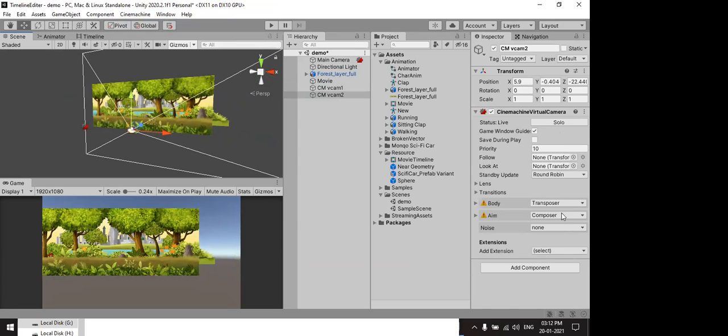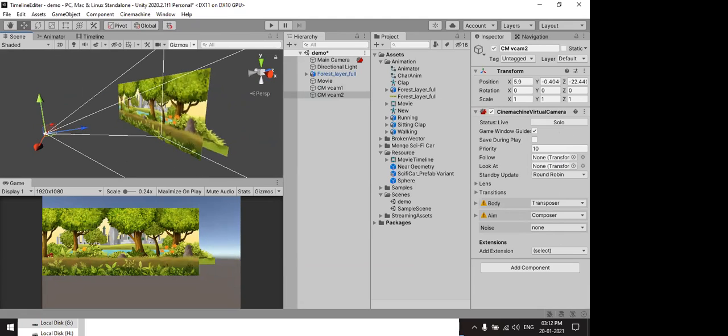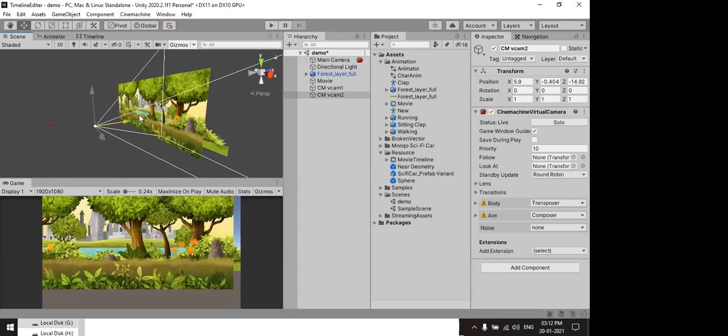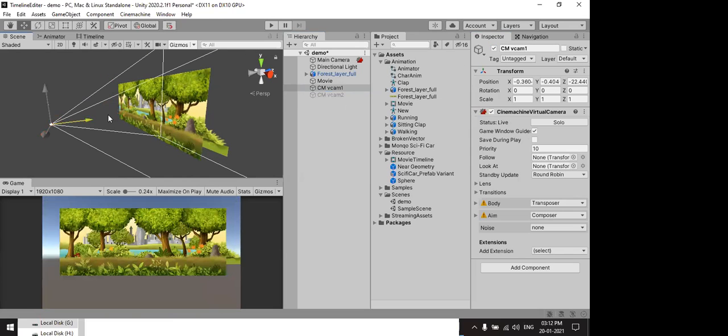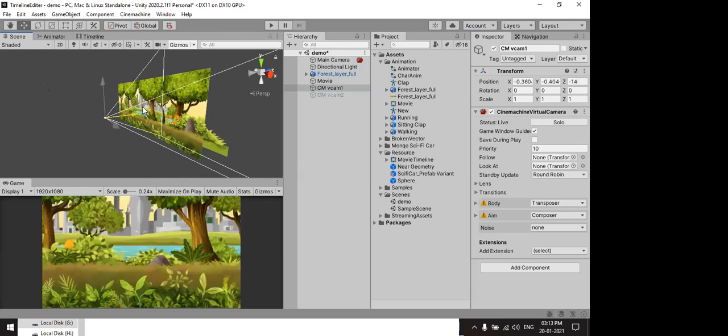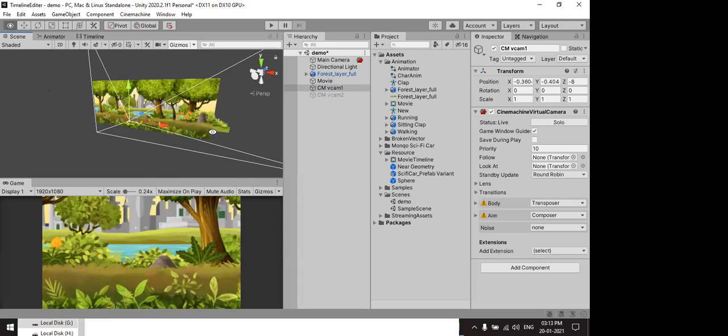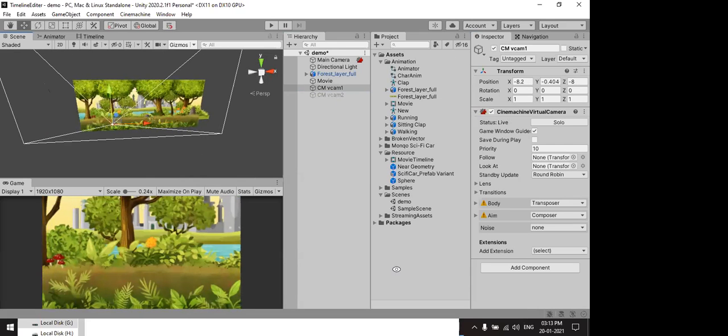This one is two, and I switch it off. See, just run it.